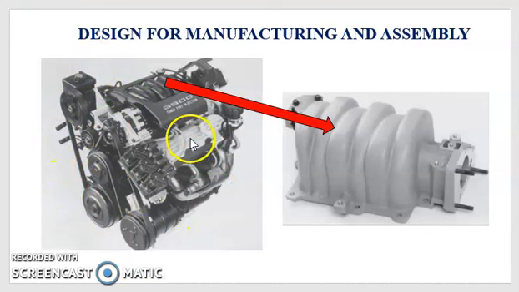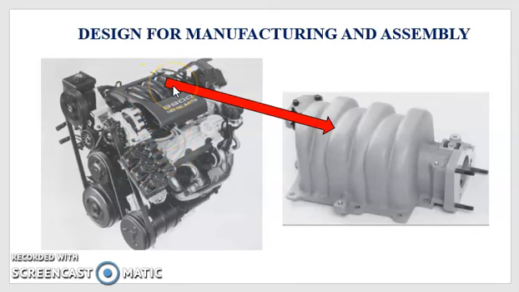This image depicts a 3.8 liter V6 engine. General Motors have a capacity to manufacture around 3,600 such engines in a single day. The company wants to reduce the cost of this engine and simultaneously wants to enhance its quality. A design and development team is formed to improve one of the most expensive sub-assembly in this engine, that is